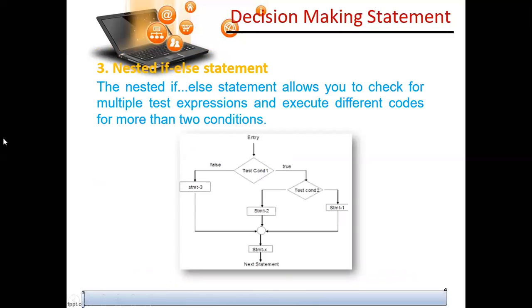Today we are going to do nested if-else statements. What do you mean by nested if-else statements? I always like to explain with an example, so I will show you all with an